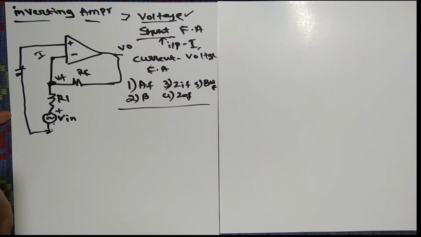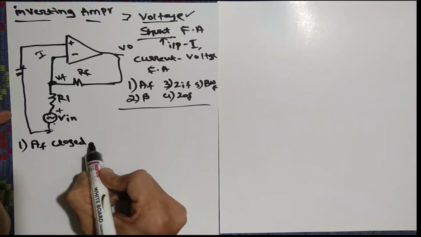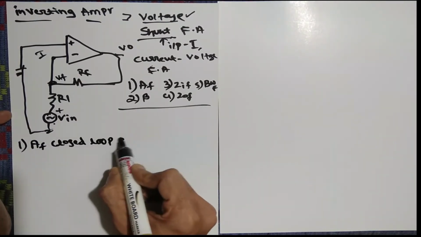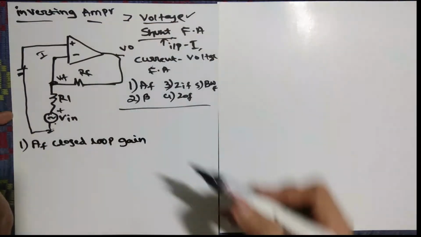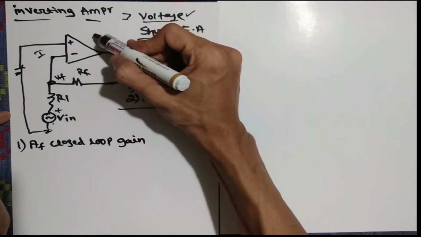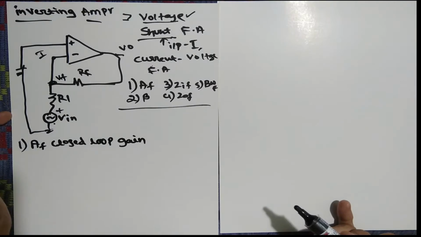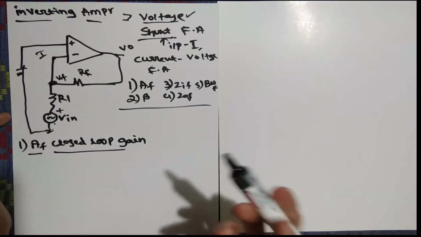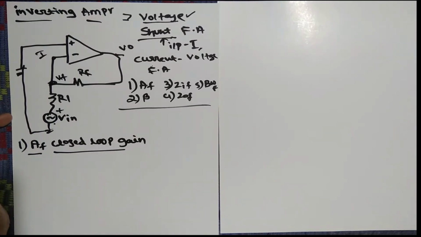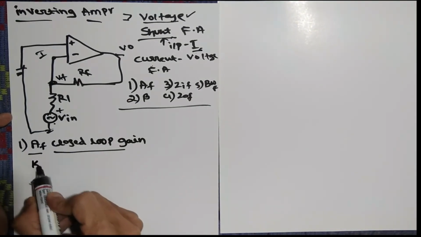First we find AF. It is nothing but the closed loop gain, or gain with feedback; you can call it any name. Always remember that in the op-amp, the open loop gain is always an AOL value, that is an internal, inbuilt value. Here, in the previous non-inverting case we took a voltage format, but here you have to take a current format, because the input is in current. So apply KCL.